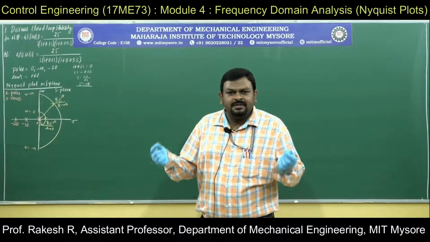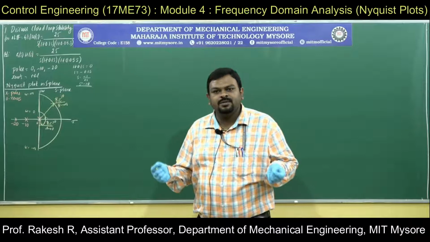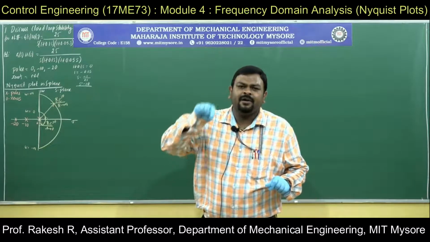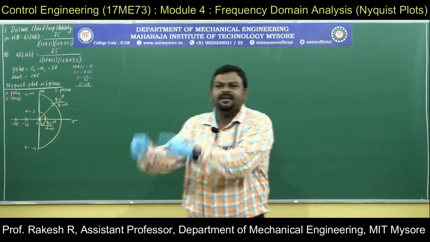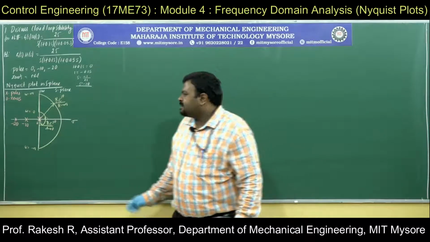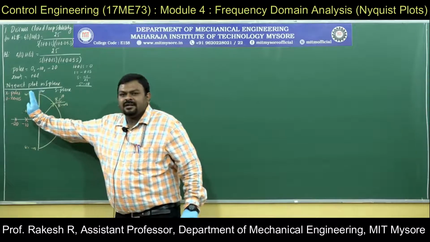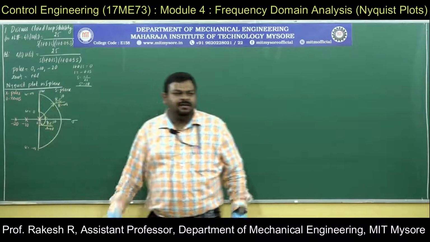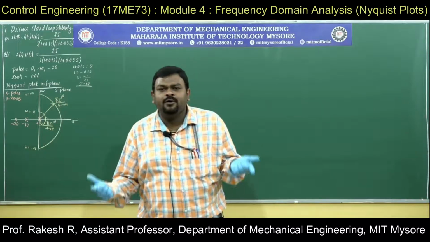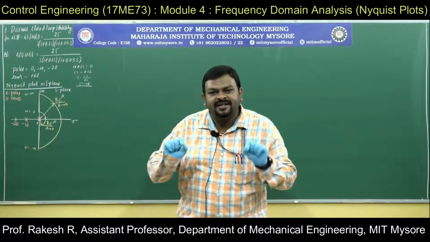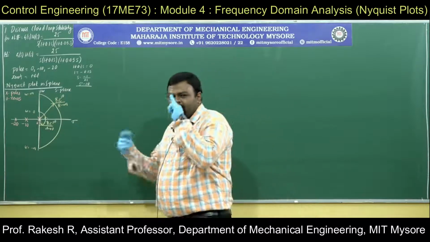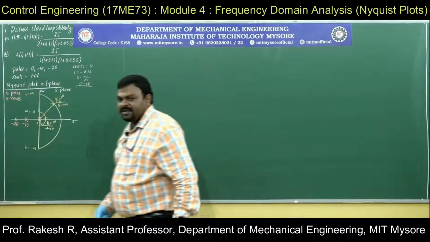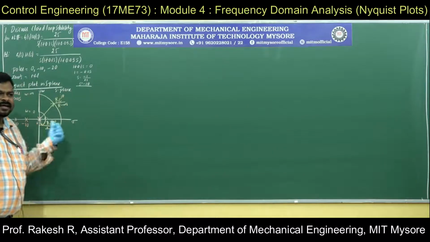Basically, we are searching whether there are any poles or zeros for a just stable, just unstable or unstable system. That means we are searching the imaginary axis and then the right hand side of the S-plane. On the imaginary axis also, if there are any poles or zeros, the system is neither stable nor unstable. We don't want that condition; we want the system to be entirely stable. Hence we will consider this as the diagram.